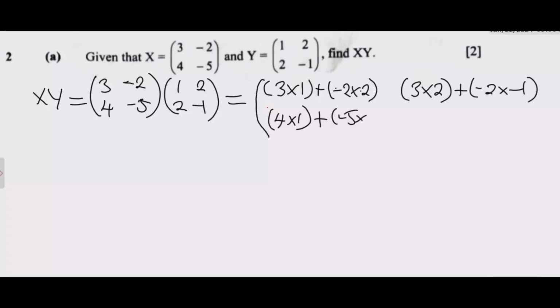Very good. Then we are done there. We open bracket here. We say 4 times 2, close bracket, plus open bracket -5 times